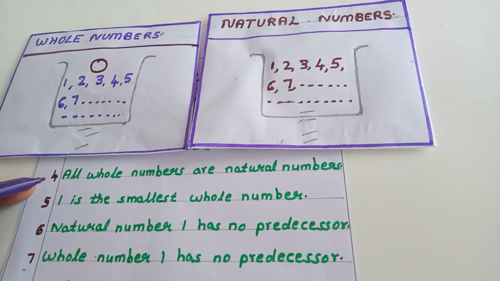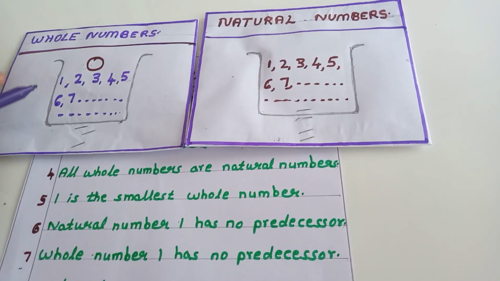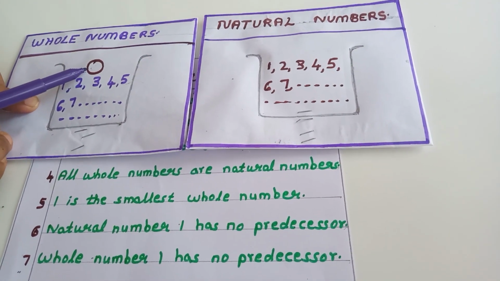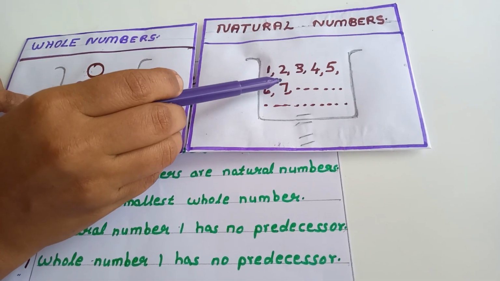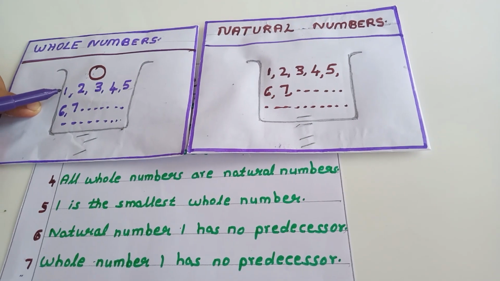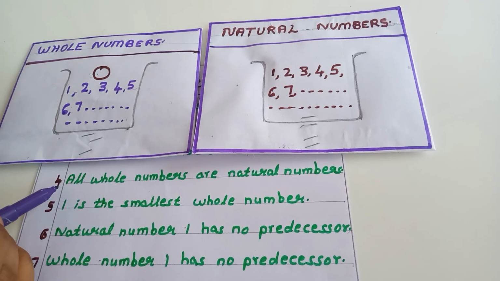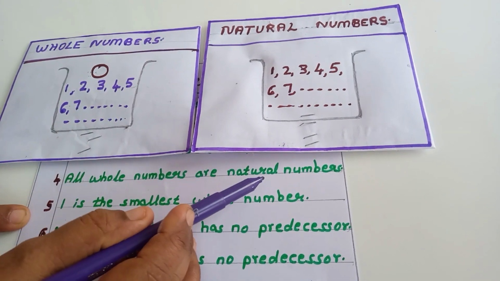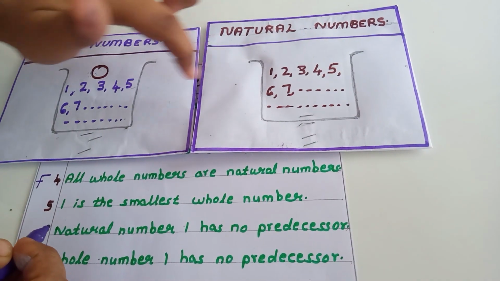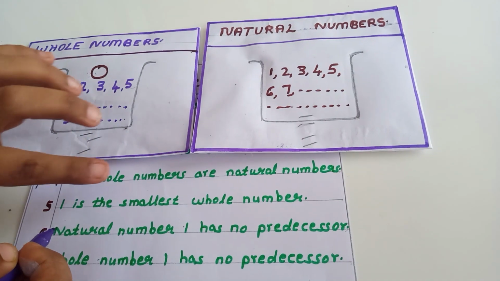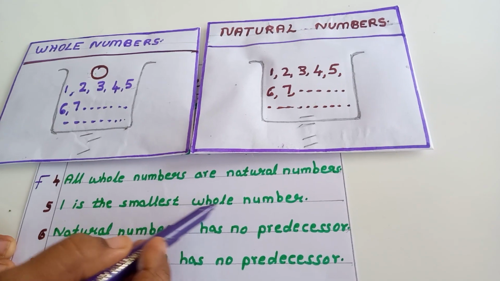See, next one is: all whole numbers are natural numbers. See the set of whole numbers. 0 is the first whole number. Can you see it here? No, it is not there. If you are checking 1, you can see it here, but 0 is not there. So the statement that all whole numbers are natural numbers is false. By thinking of these two baskets, it's very easy to answer all the true or false questions.